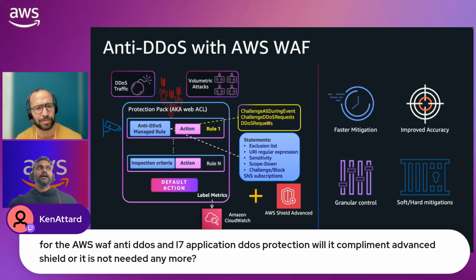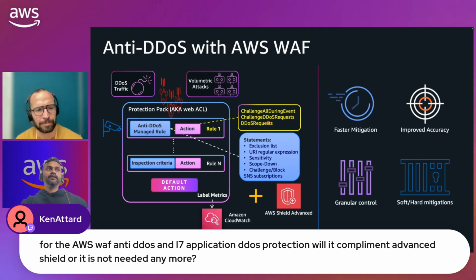I think the recommendation is to have both, because Shield Advanced provides layer 3 or 4, as you mentioned. An additional advantage with Shield Advanced is protection groups, where if you have similar applications, for example ALB1, ALB2, ALB3, not part of the same application but similar applications serving traffic, you want to apply the same detection mechanisms across them when there is an attack on one application and not the others. So Shield Advanced will apply the same protections across multiple applications as well.